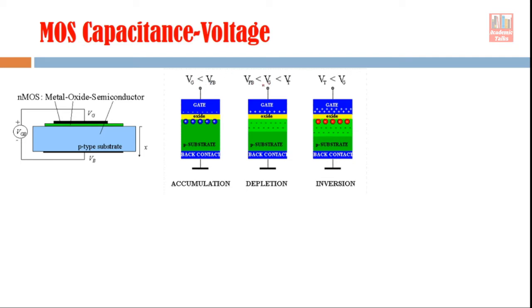So this kind of situation, but this gate voltage is still less than threshold voltage, because once we cross the threshold voltage, then the conduction in the device starts. We all know this theory, but here we are considering that this gate voltage is still less than threshold voltage, but definitely it is more than flat band voltage. So in this particular situation what happens?